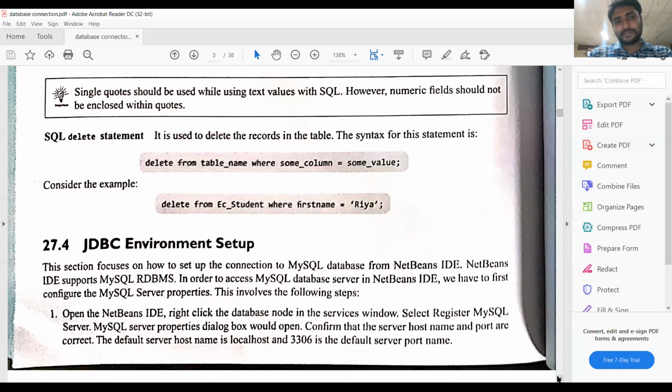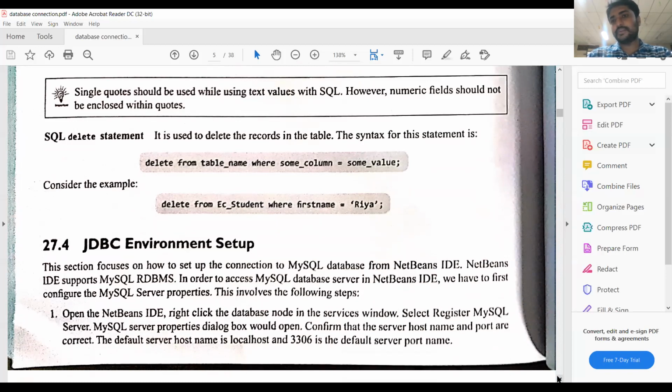And then we have set up the JDBC environment. If you want to run Java applications in order to connect to the database, we need to set up the JDBC environment. That means we have to download the JDBC driver.